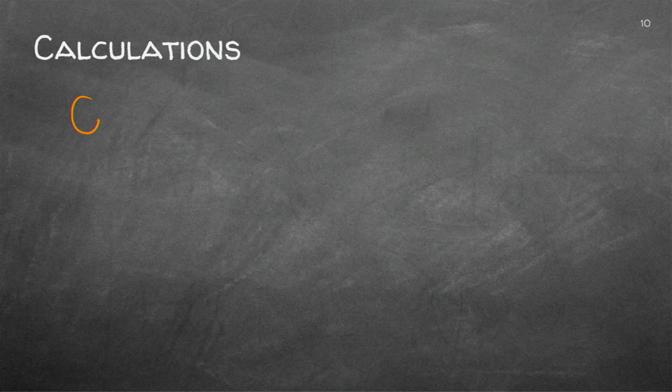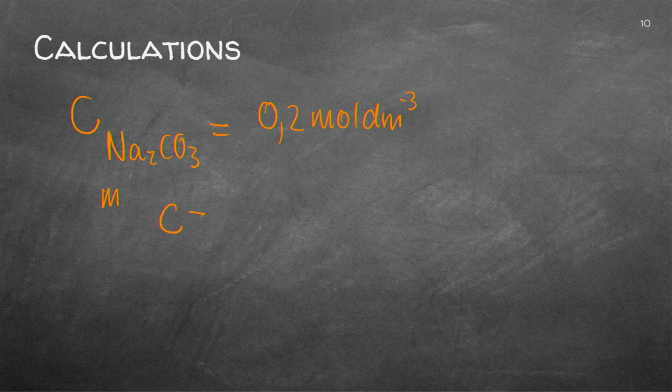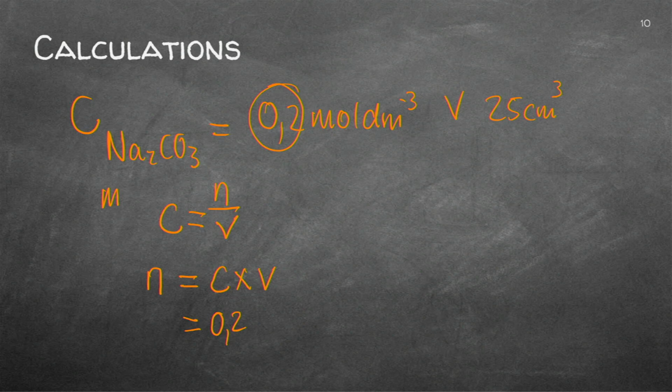Now I've got the concentration of the sodium carbonate as I calculated it just now. And they want me to calculate the mass. Can I get the mass? Well, I know the concentration is the mole per volume. I know it was 25 cubic centimeters. So I'm now going to try and get the moles. So that's C times V. The concentration is 0.2. Can you see there? I multiply with 25 cubic centimeters.